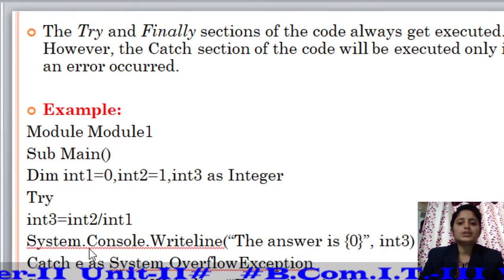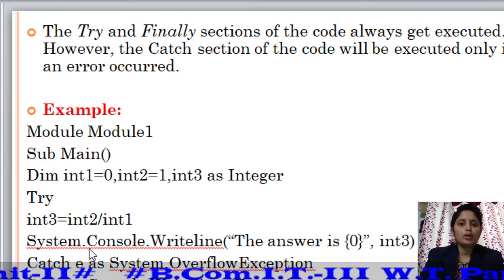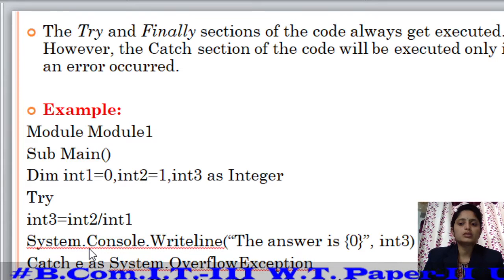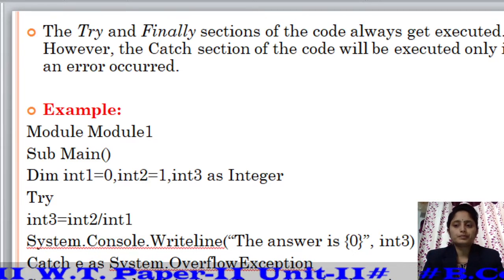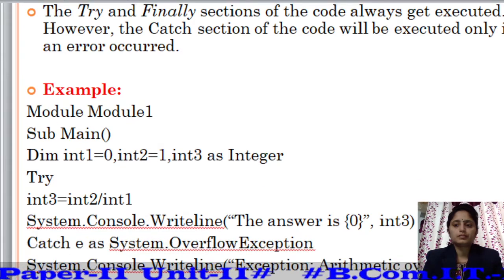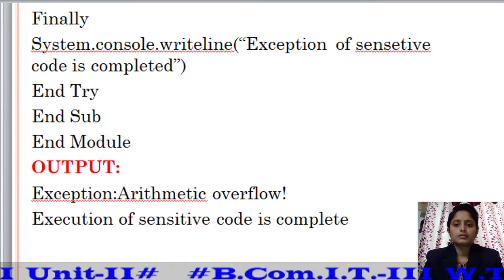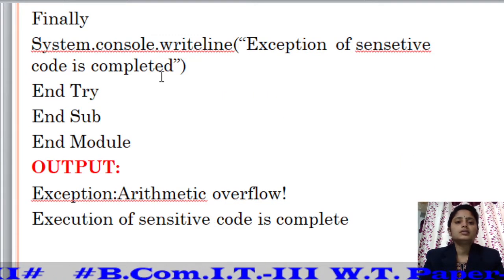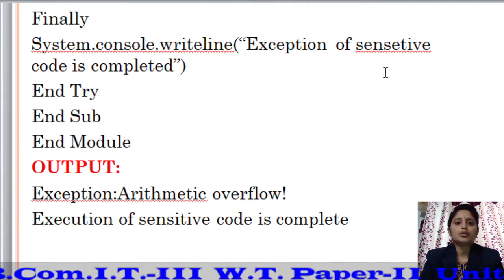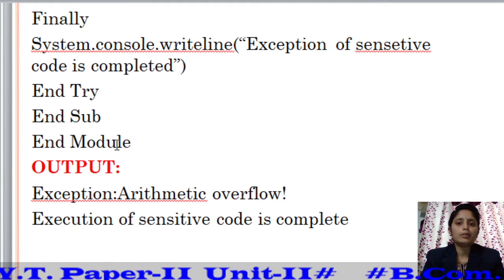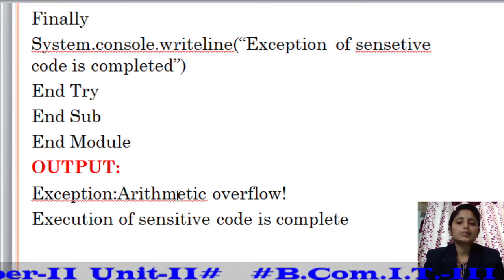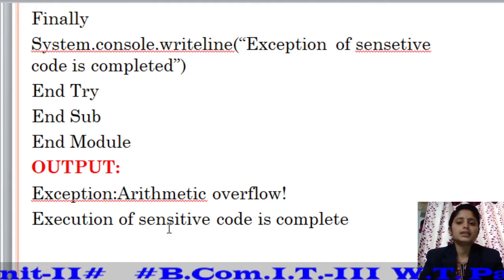Catch e As System.OverflowException: System.Console.WriteLine("Exception arithmetic overflow"). Finally: System.Console.WriteLine("Exception of a sensitive code is completed").